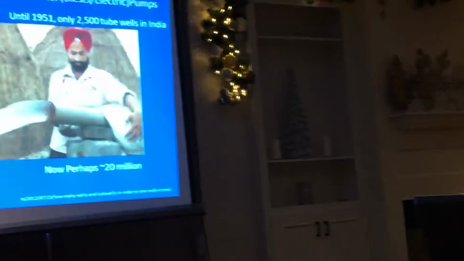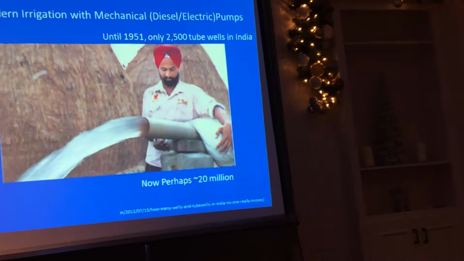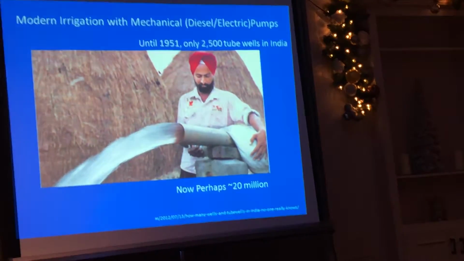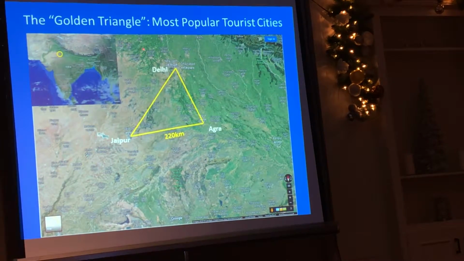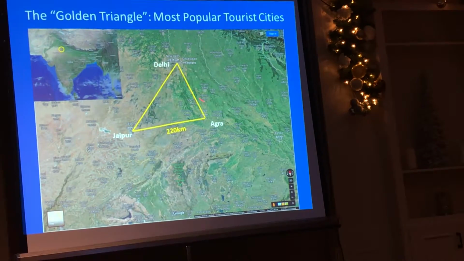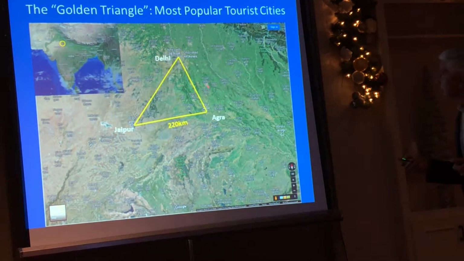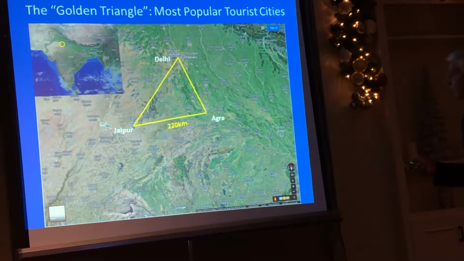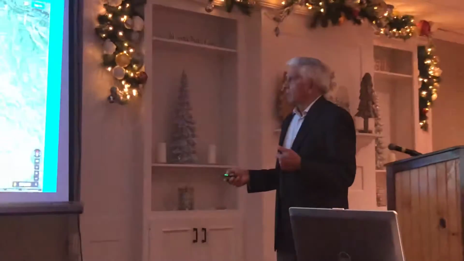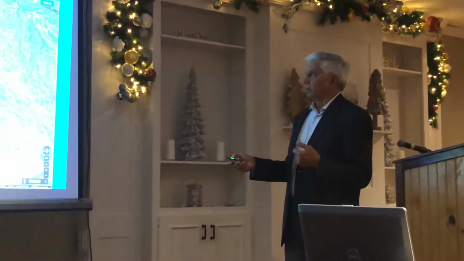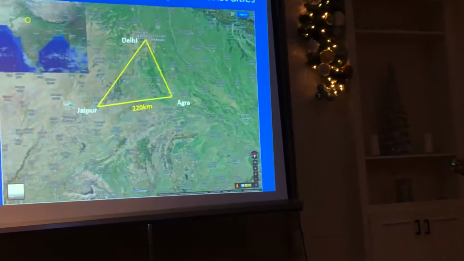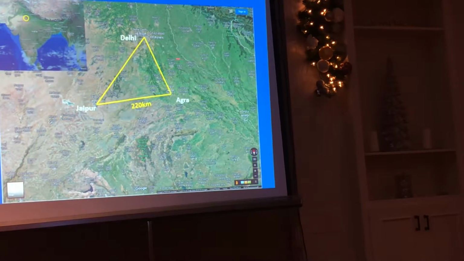So again, that's good. Punjab in the northwest became the breadbasket of India. However, we'll see in a minute. So here is Delhi, here is Agra, here is Jaipur. I grew up in this place called Aligarh right here. And you can see on Google, this is a pretty dry area. You're pretty close to the desert, and you start to see a little bit of green.